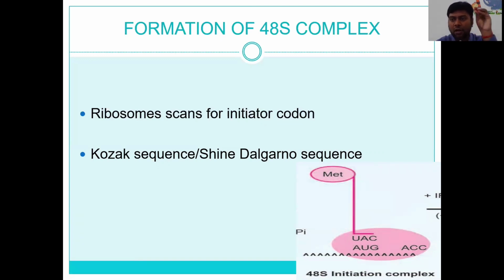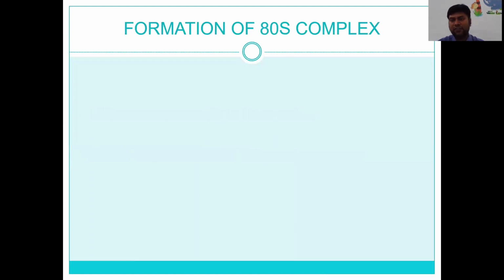By now we have incorporated both the methionine tRNA as well as the mRNA. Now the next thing is closure or reassociation of the ribosome, which is otherwise called formation of the 80S complex. This step is helped by factor 5, eukaryotic initiation factor 5. This factor 5 has an intrinsic GTPase activity, which will hydrolyze GTP to produce GDP. The energy released will blast away all the factors associated with the 48S complex.